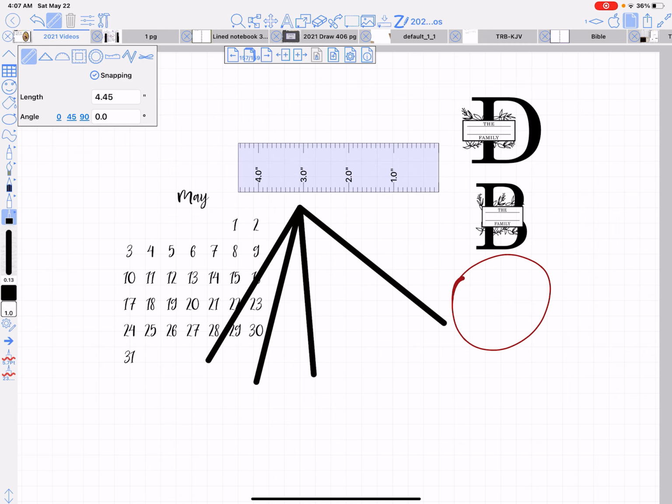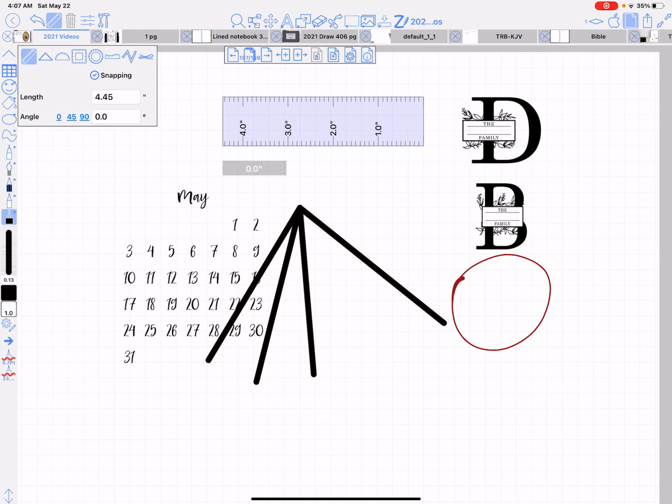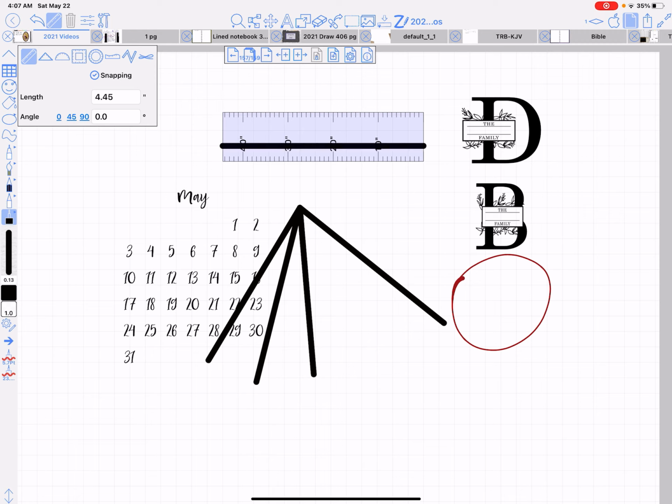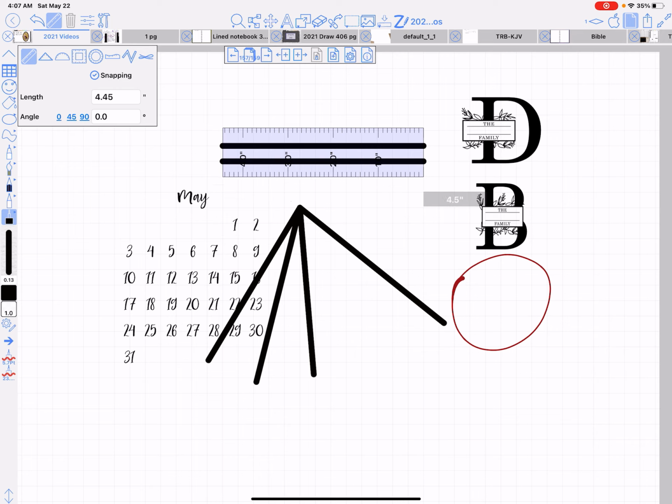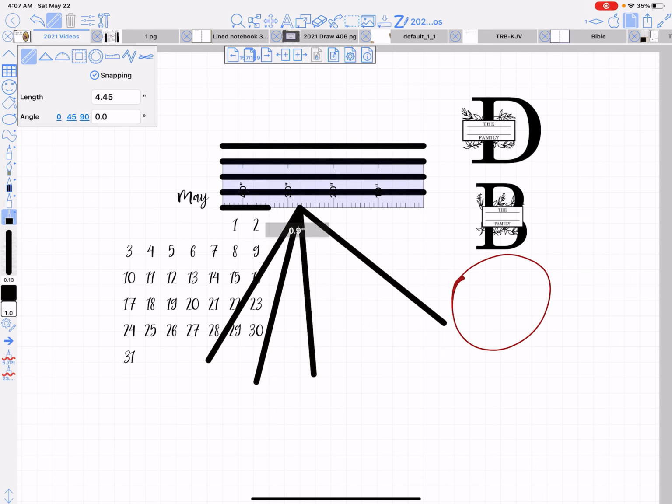So if I draw, see, it's snapping to the bottom. It's the side that the numbers are on is where your pivot point is and where your snapping is. So it's snapping to the next line. And so that's how you can do perfectly spaced lines if you need to. Of course, I would use a table. But anyway,